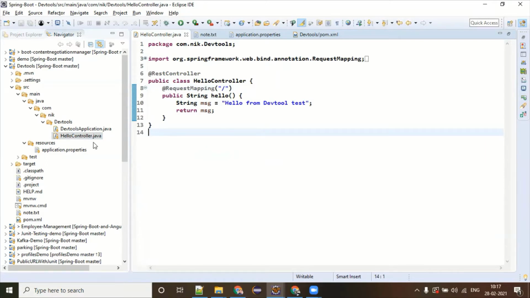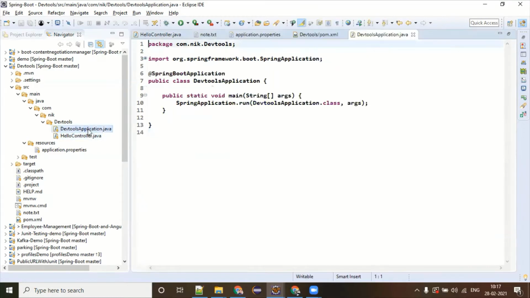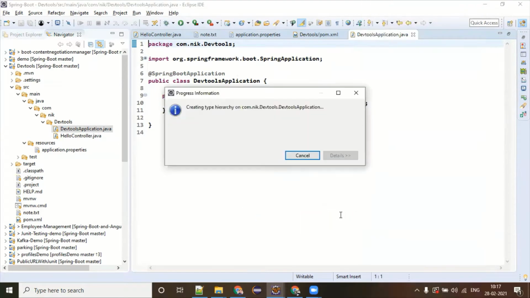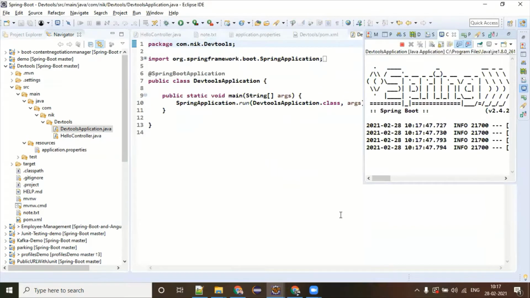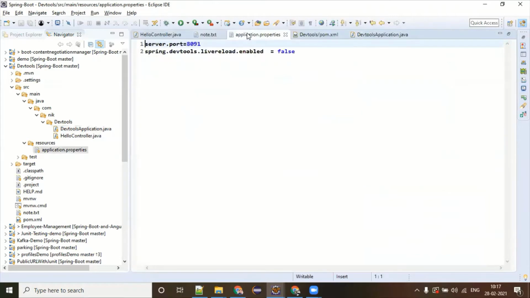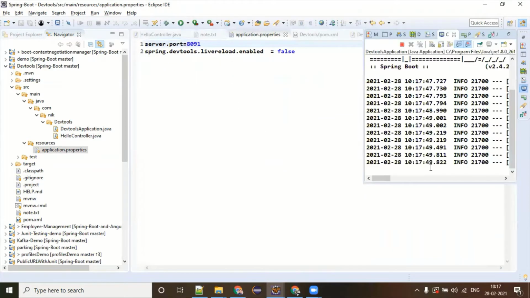Application-wise it is pretty simple, what you have seen in the last class, hello world programming. If I run this application now, you will be able to see the simple message coming to your application by hitting the port number which we have given here, 8091 this time. So your application has started running.